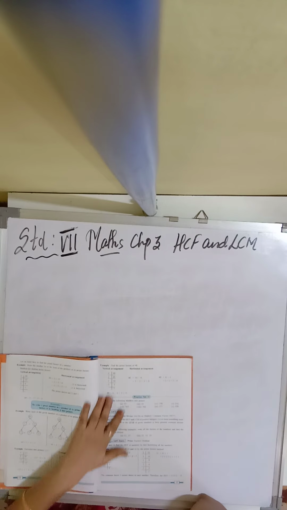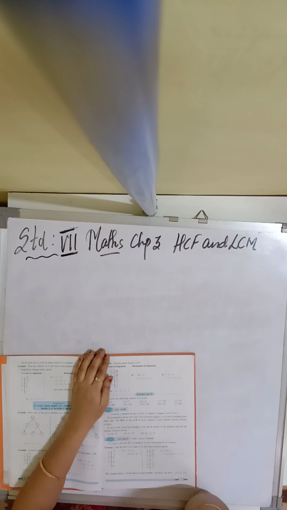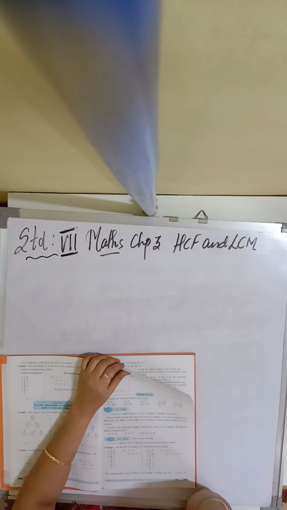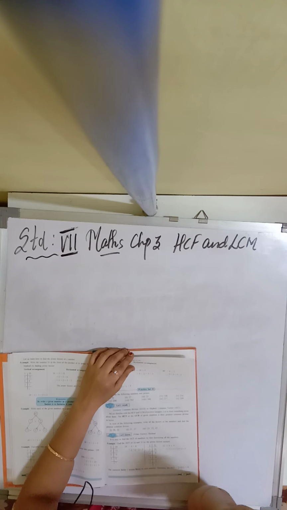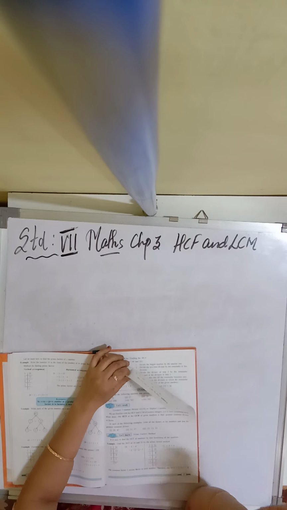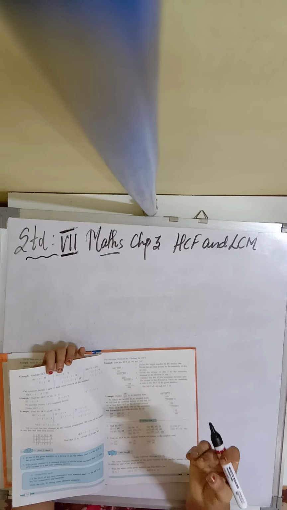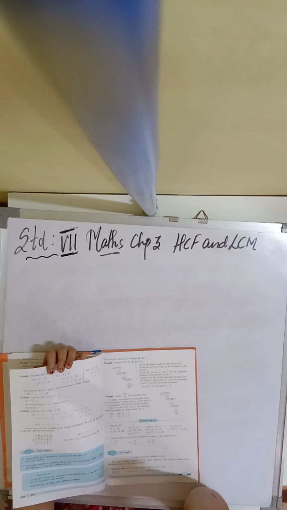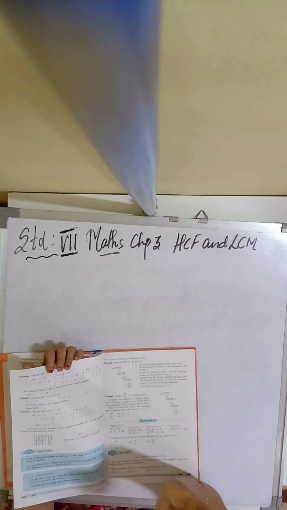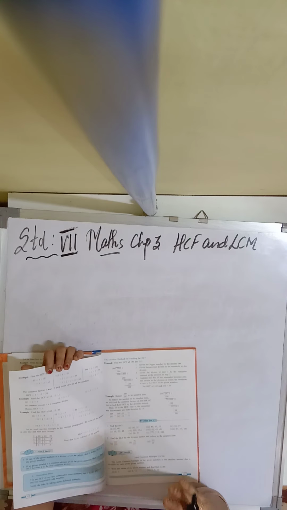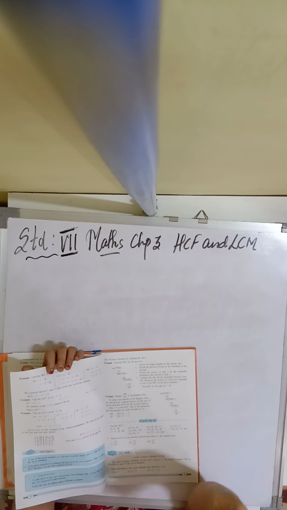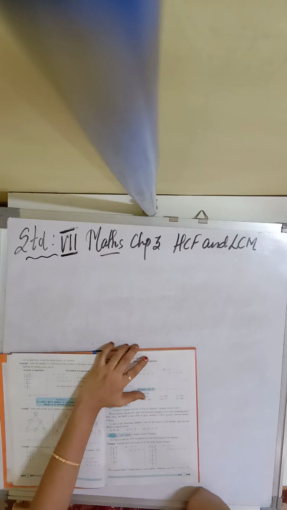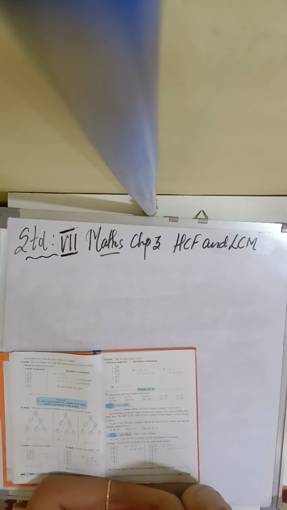In the previous video, children, we had learned to find HCF. Yes or no, children? We had learned to find the HCF of the given numbers by first factorizing all the numbers. That means we find the factors of the numbers and then the common factor. That was one method, and the other was the vertical arrangement method, which we followed in solving practice set 12. That vertical arrangement method was used to find the HCF. Okay children, that method is called the prime factor method to find the HCF.